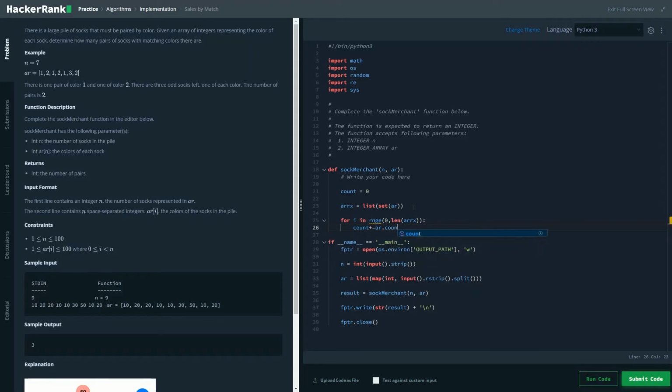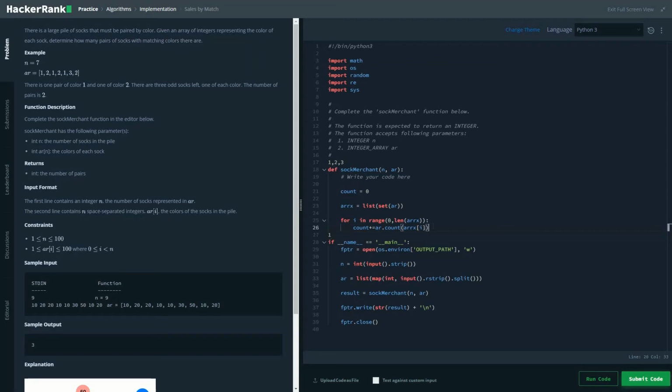So count of array x of i. For example, when i is 0, array x of i would be 1.